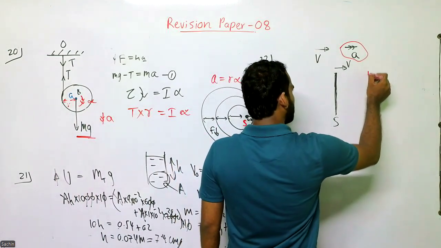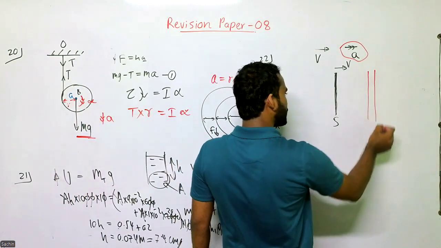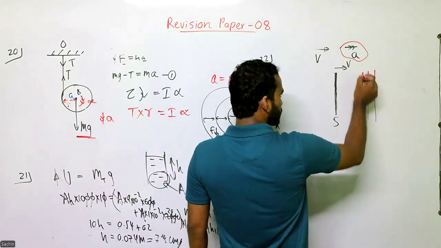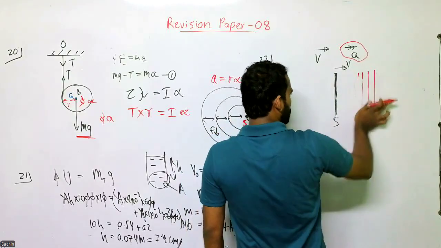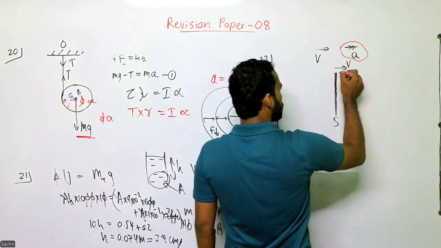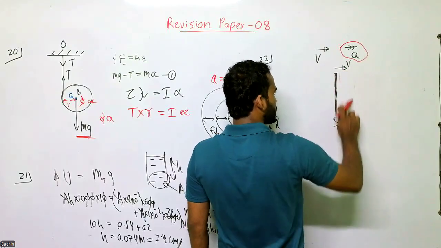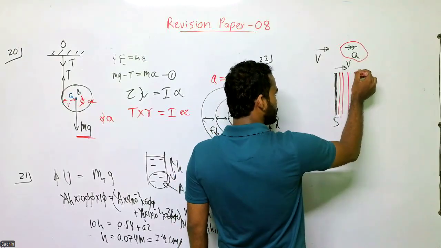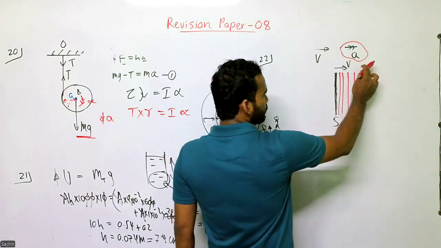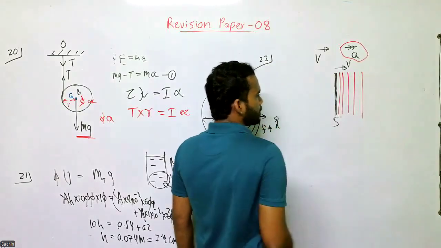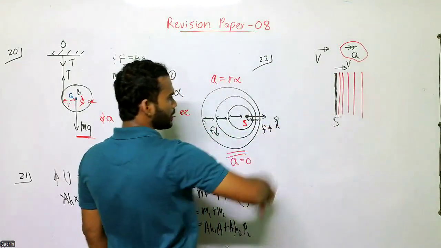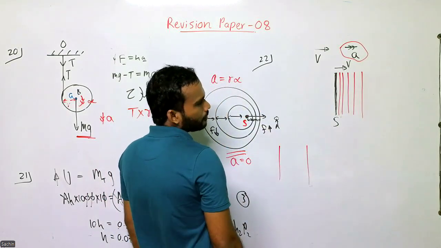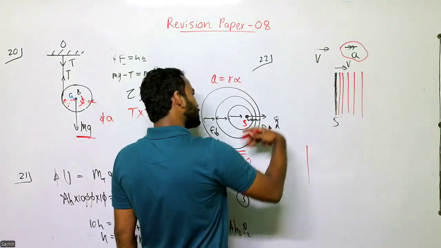So the wavefronts which lie ahead will have comparatively higher wavelengths, but when it comes closer, the wavefronts should go very near to each other because it is accelerating. Accelerating means wavefronts are getting collapsed more and more. So in front, it will be like this. Then, if you go this way, the wavefronts always should have a higher gap. But the farther wavefronts